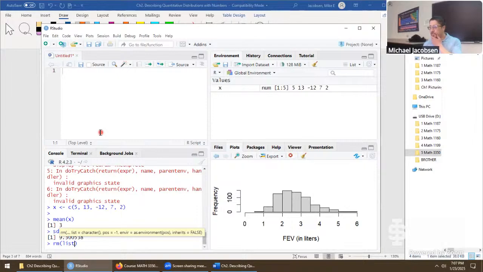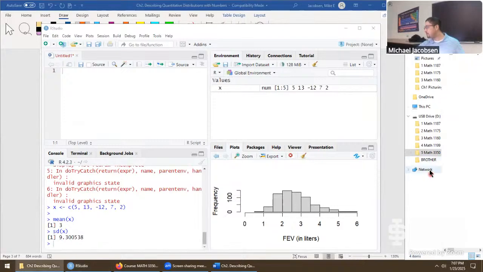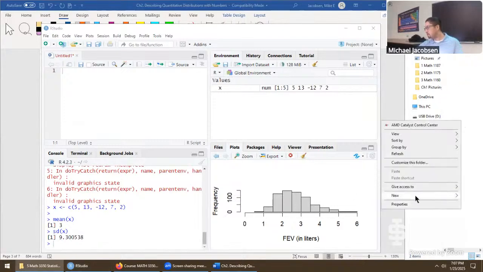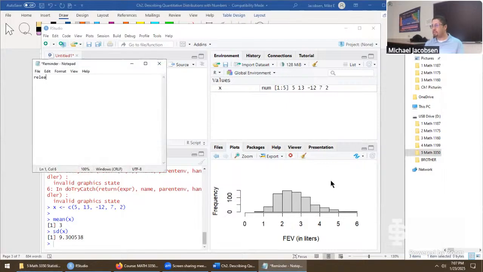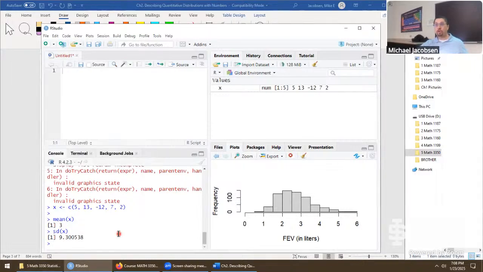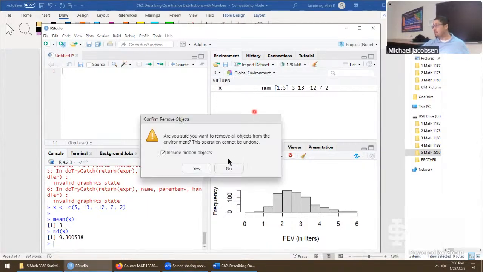Oh, you know what? I think I actually forgot how that worked. I'm going to have to look into that again. I'm going to come back to you on that shortcut. Let me remind myself to actually do that. Relearn the clear environment shortcut. But again, that's just for folks that would rather type it down here to clear their environment. You can do it just as well by clicking the broom icon here.